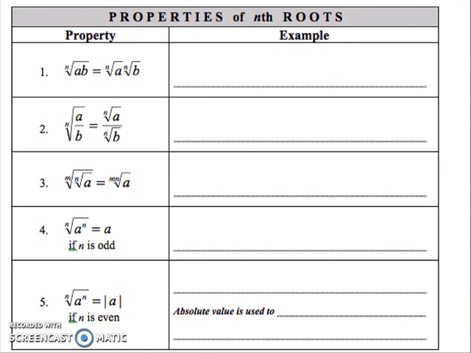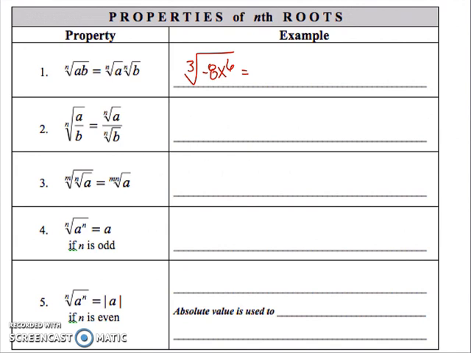We've got the nth root of a times b. We can break that apart, right? So our first property is the product property of radicals, which says that if you have a product under a radical, you can break it apart into separate radicals. For example, let's say we had the cube root of -8x to the 6th. Okay, now, it's okay that I have -8 under that radical because my root is odd, not even. We only have issues when we have even roots. We can take an odd root of any radicand,